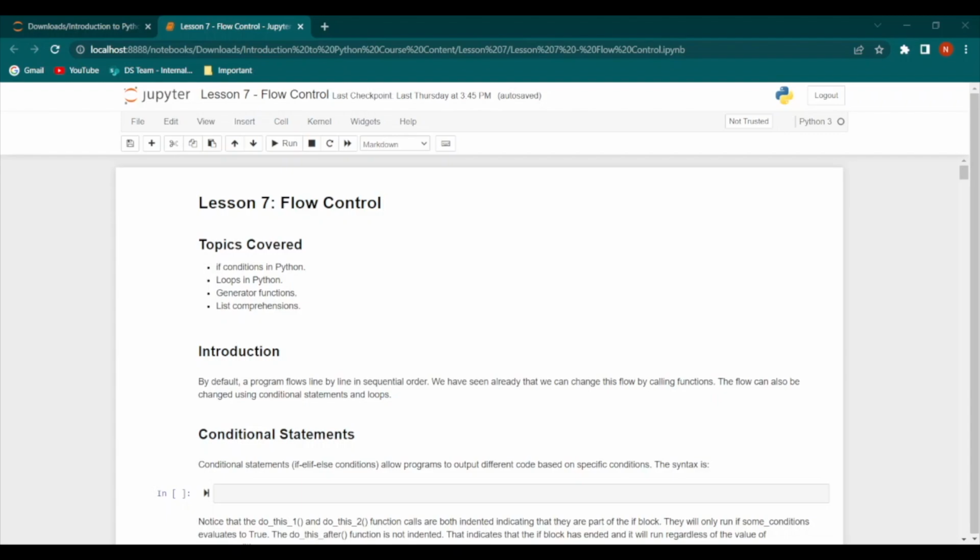Welcome to Lesson 7 of the Introduction to Python course. In this lesson, we will be discussing flow control with a focus on if conditions in Python, loops, generator functions,